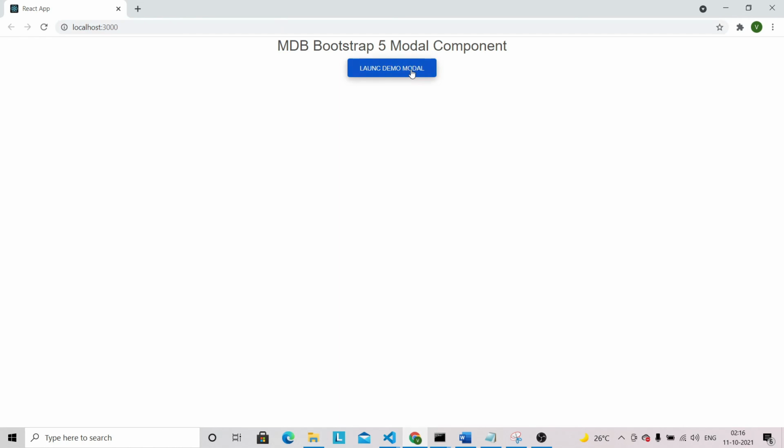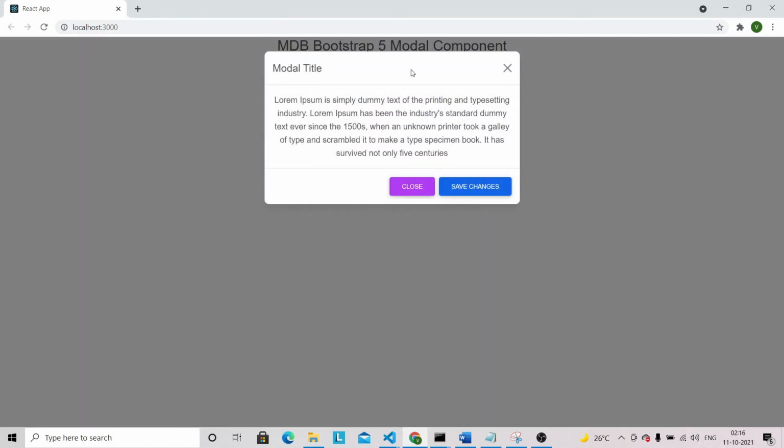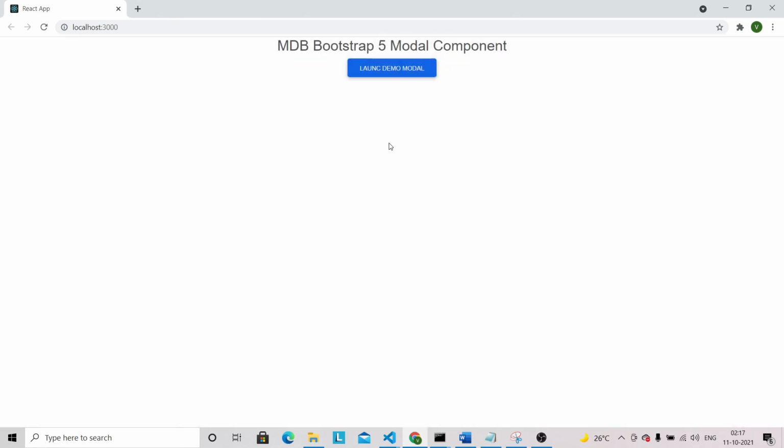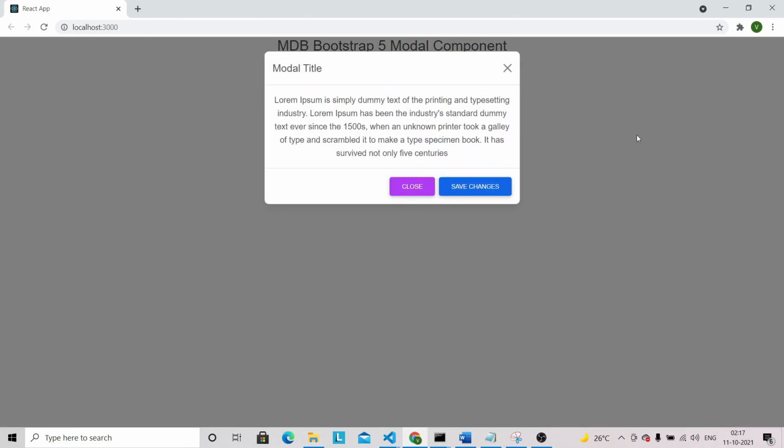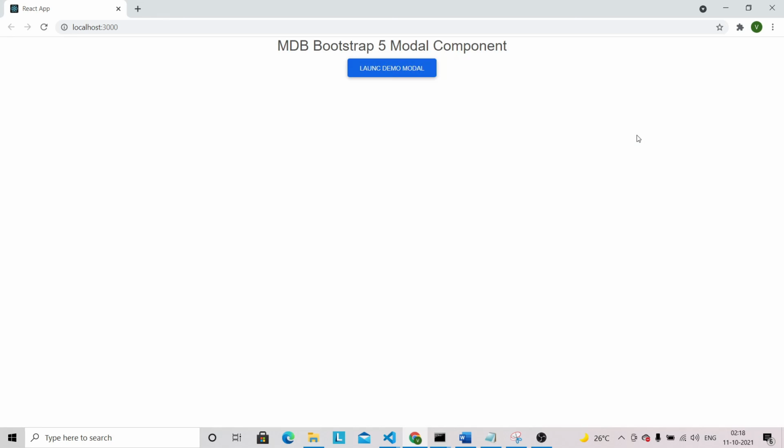Let's click on this launch demo modal, and we have got this modal. You can close this modal by clicking on this icon, by clicking on this close button, and you can also close the modal if you click on the backdrop. This way also you can close the modal.